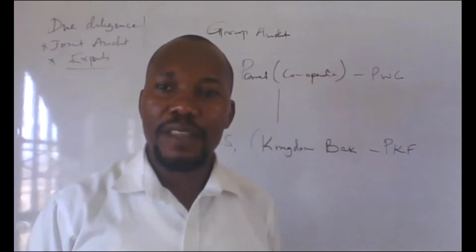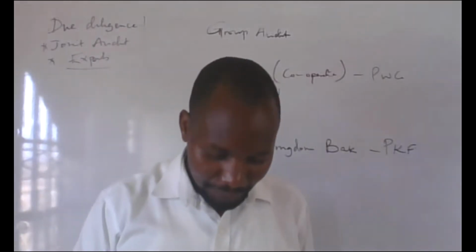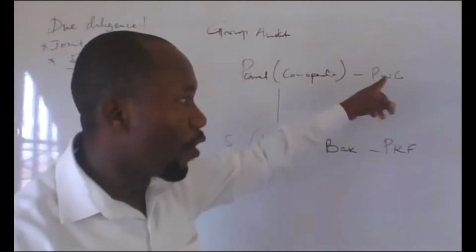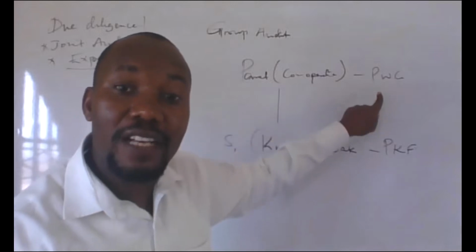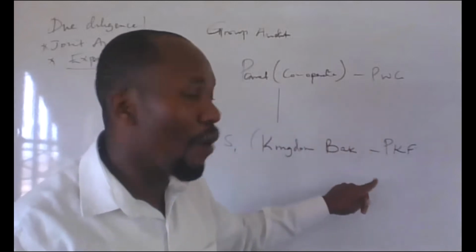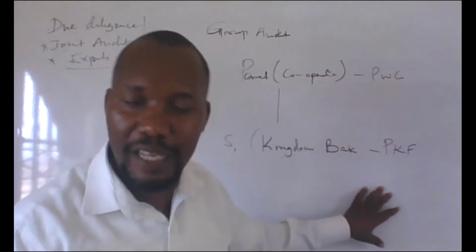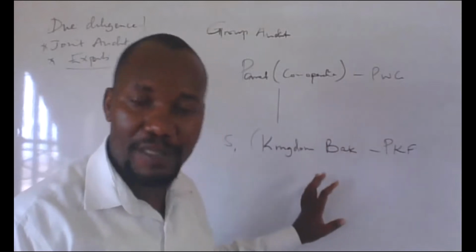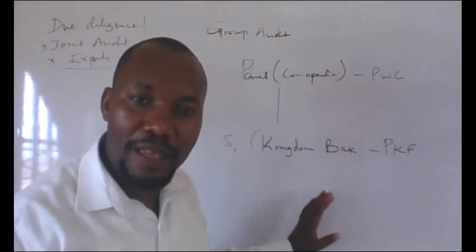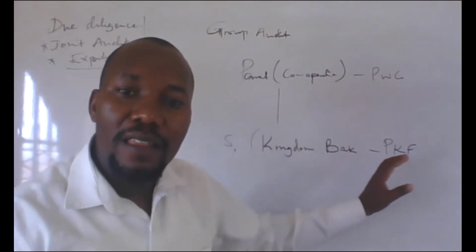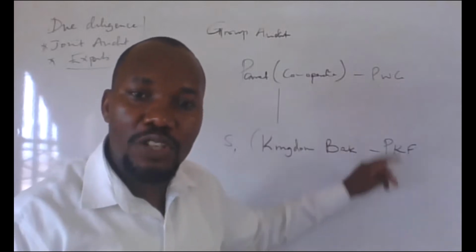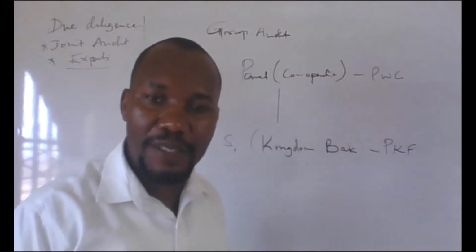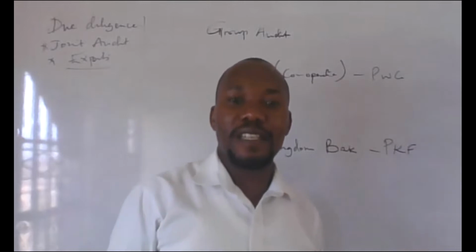So because of that, in the exam, they might ask you what are some of the factors that need to be considered by a group auditor, which is PwC, before accepting or signing the work of a subsidiary auditor, especially where they were done by different audit firms. The group auditor is different from the subsidiary auditor. At what point or what factors should PwC consider as they accept the work that has been done by the subsidiary auditor? Now, these are the factors.